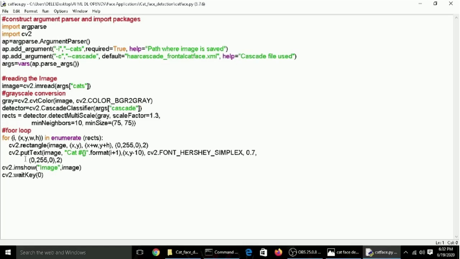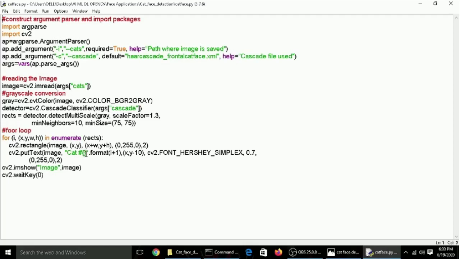Next is writing on the image. For that you have a function cv2.putText. Now putText is cv2's method, so we are using cv2.putText. In this also we will pass the image. I have written here cat and the brace brackets. Now brace brackets indicate a placeholder.